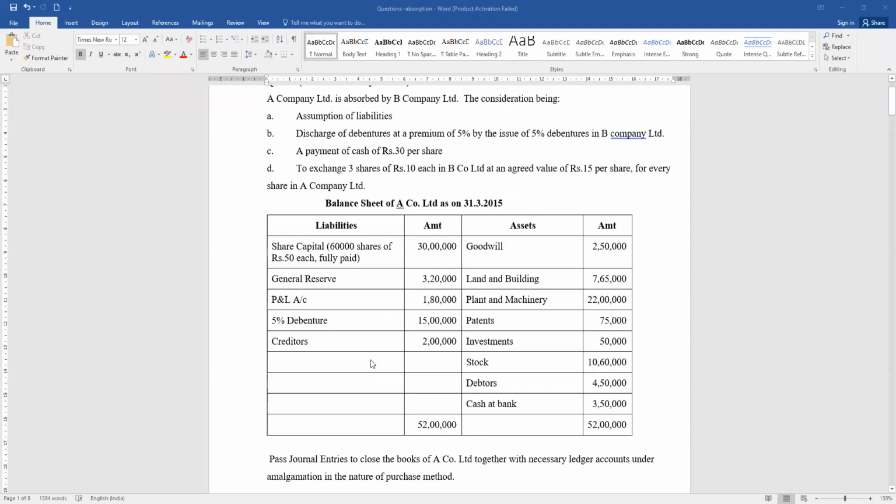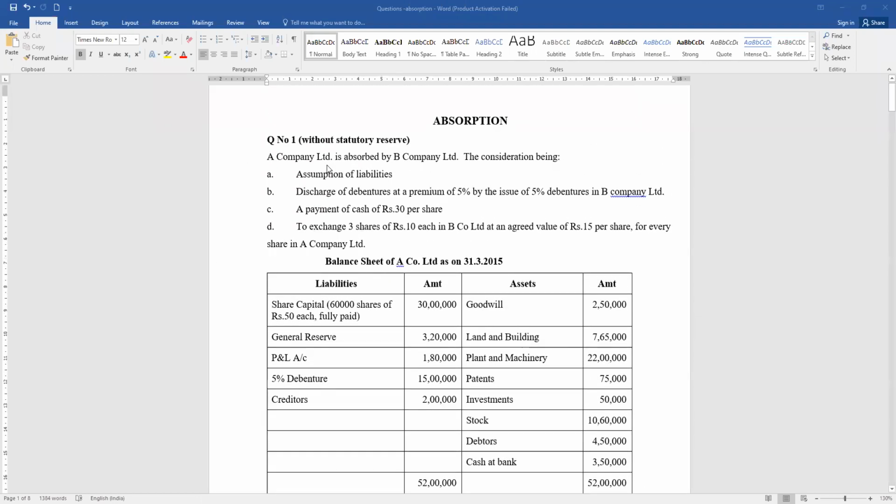So once again, I'm repeating. First thing, you should ask lump sum. If it is not lump sum method, then you should check with net payment method. How to check? If the total number of shares is given, and the amount of cash is given, then it is net payment method. If this information is not there, then it is called net asset method.